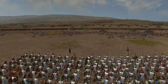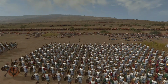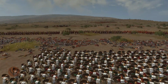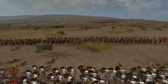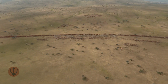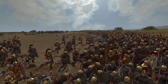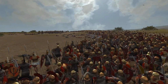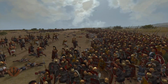Hannibal kept his third line, his elite forces, in reserve, not committing them until he absolutely had to. But when he finally did, Scipio reorganized his forces, keeping his tired, worn-out troops in the middle and putting his fresh third line on the flanks, forming one long line of Roman soldiers. Eerily reminiscent of the Battle of Cannae, Hannibal's men began to push into the middle of the Roman line, forming